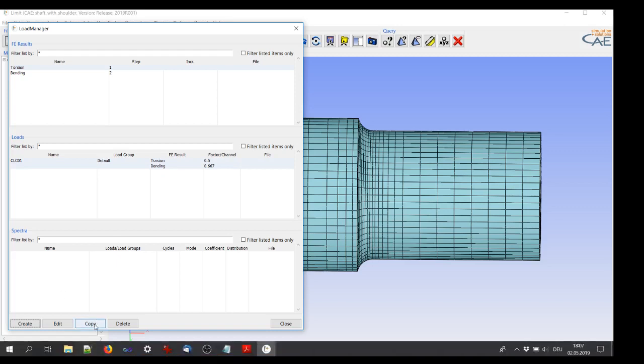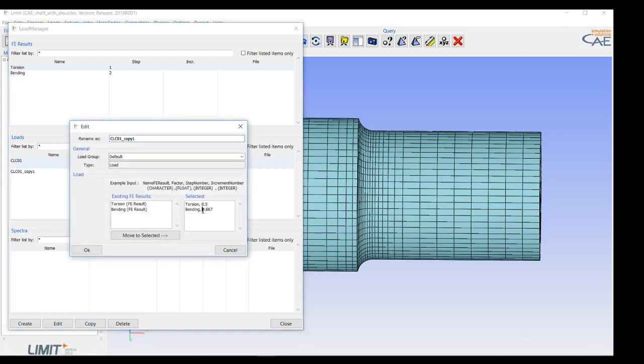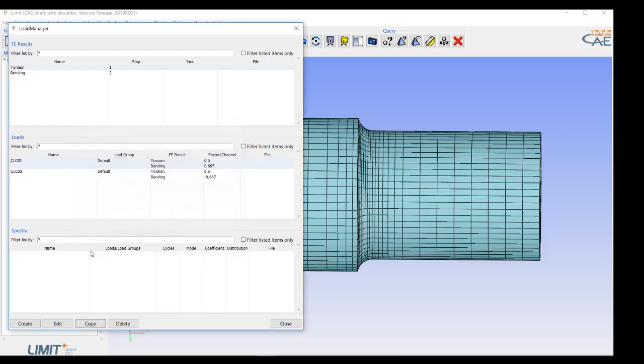So I will simply copy this, and I will change the sign here in bending and call this load case 2. Okay, so this way I have the lower torsional loading combined with reversal bending,